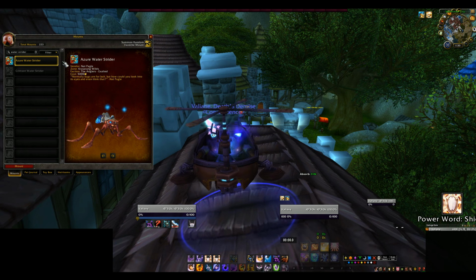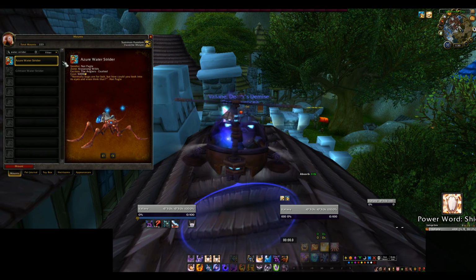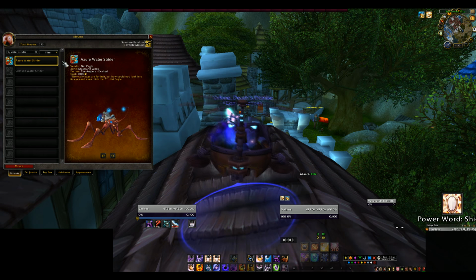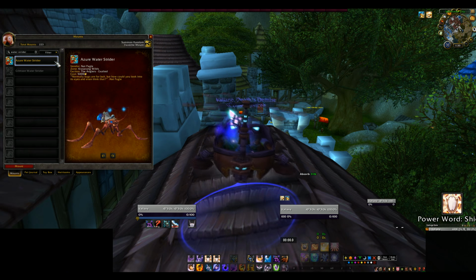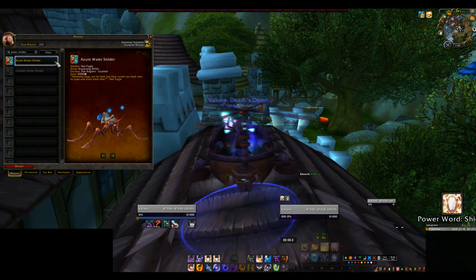So, on to mounts. The Water Striders are almost mandatory for leveling if you want to do it fast, especially since there's always at least one zone with water, which can and should be crossed to cut down on travel time. There are two ways to obtain one of these Water Striders. The first one is the Azure Water Strider. You can get that from being exalted with the Anglers in Krasarang Wilds back in MoP, and it's going to